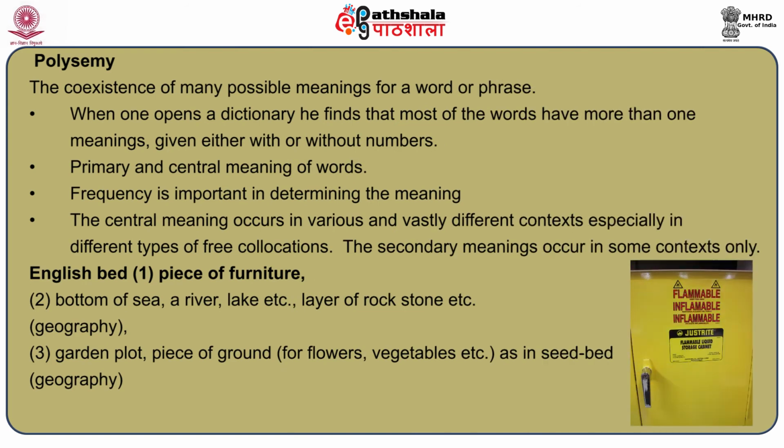Polysemy refers to the situation where a particular word has different meanings in different contexts, but there is only a single entry. Most commonly used words are more polysemous than less frequently used ones. Random House Dictionary shows that there are 134 meanings of the word run because the word has more frequent use in the language. In the same way, words like hand, ear, nose, tongue, leg, etc., have more frequent use and more divergent meanings.